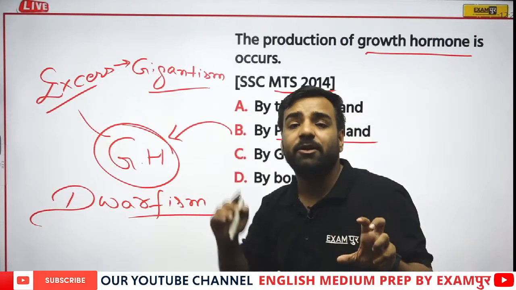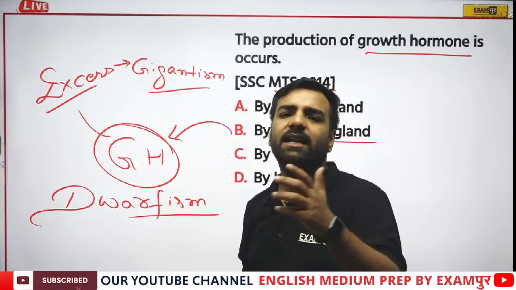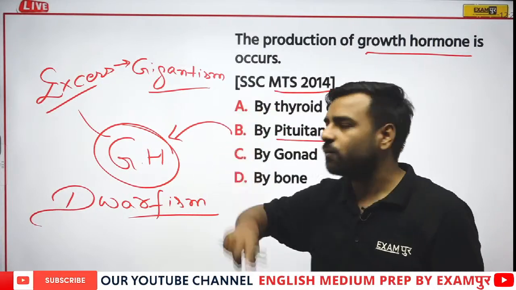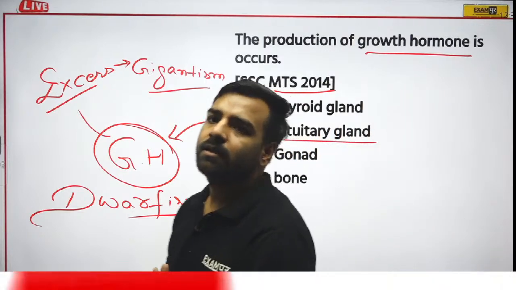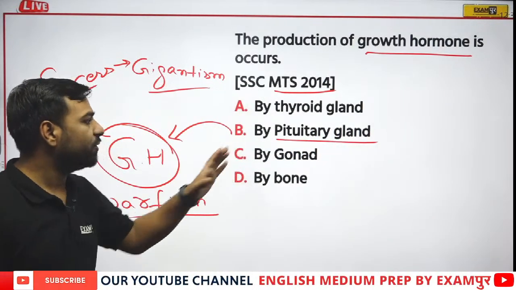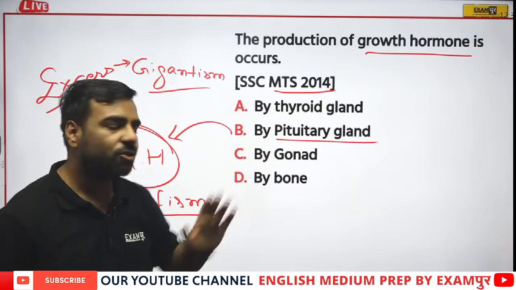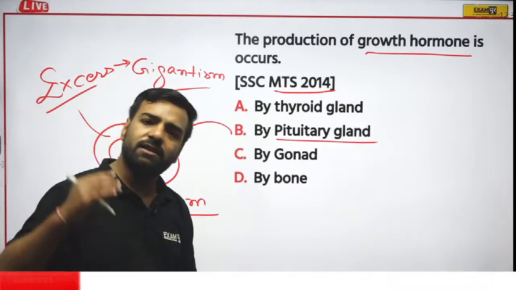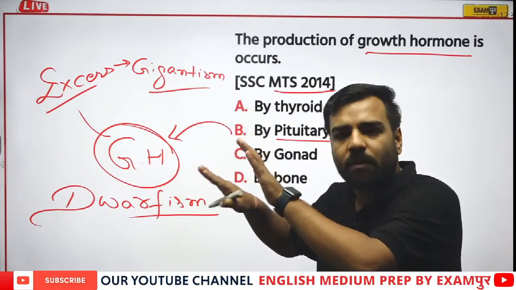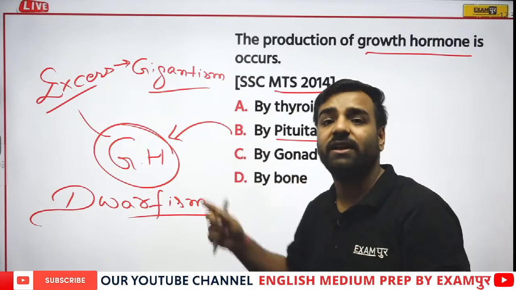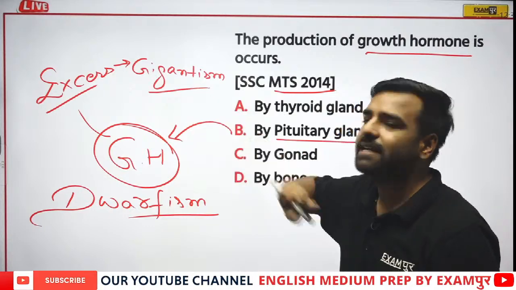Can you give me the examples of other hormones as well which are released by this pituitary gland? Anyone? Any one of the hormones apart from growth hormone? Who can give me the answer? Which is released by pituitary gland? From thyroid gland we have already understood thyroxine. What about pituitary gland? There's a growth hormone, no doubt. We have already understood. If there's a growth hormone in normal amount, our height will be normal. If it is lacking, we will be suffering from dwarfism. If it is extra, we will be suffering from gigantism.